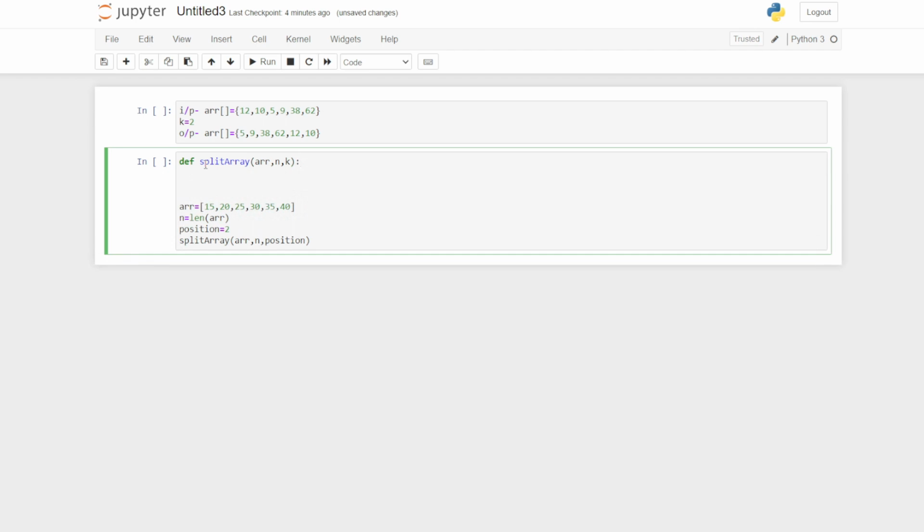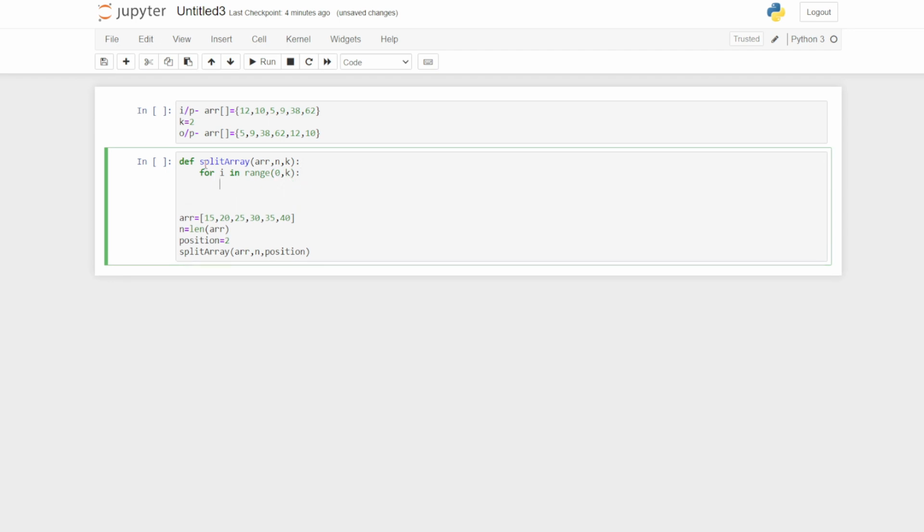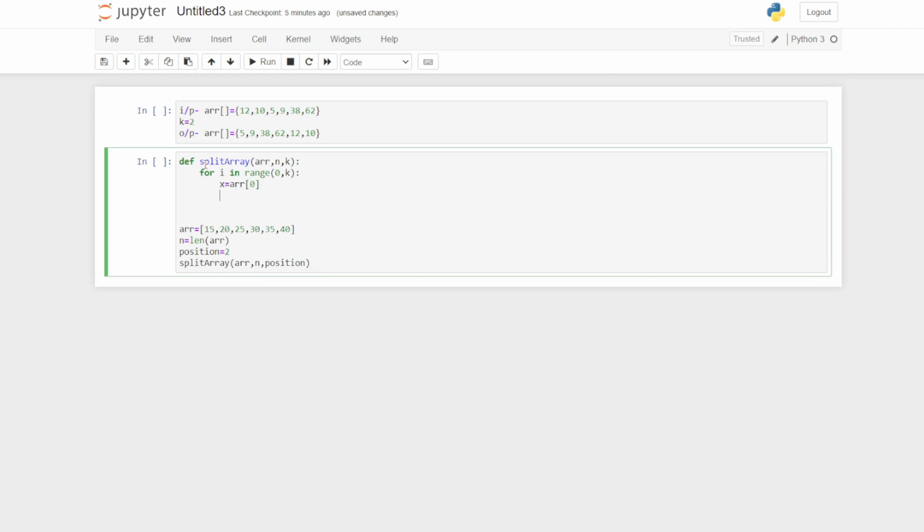In that we will use a for loop ranging from 0 to k, which will be as follows. For i in range(0, k), in this we will assign x to be array of 0, the first element of the array. Then we will use a nested for loop that will loop on the variable j in range 0 to n minus 1, which is our length.